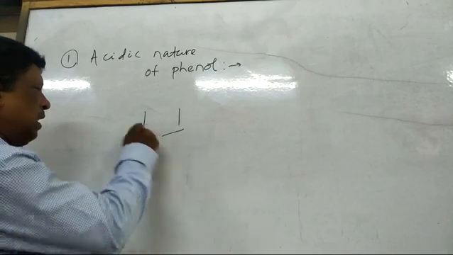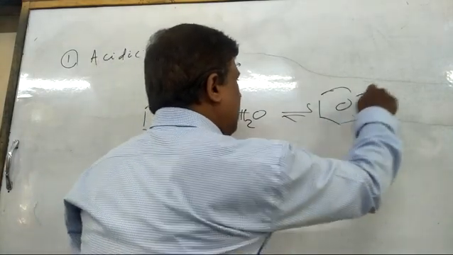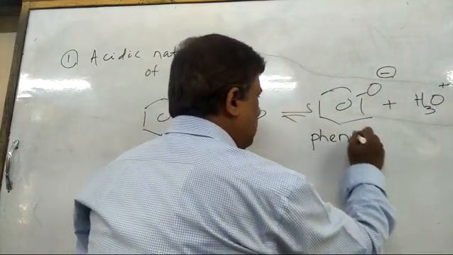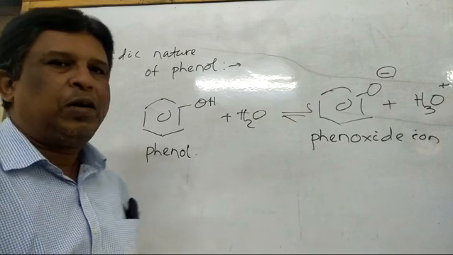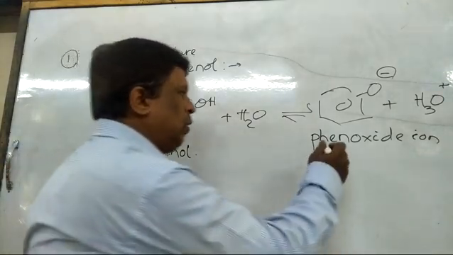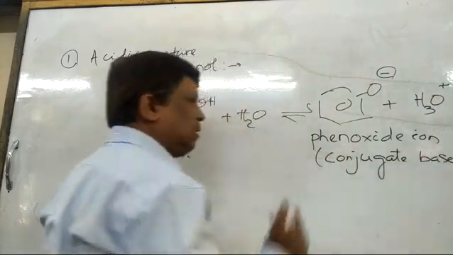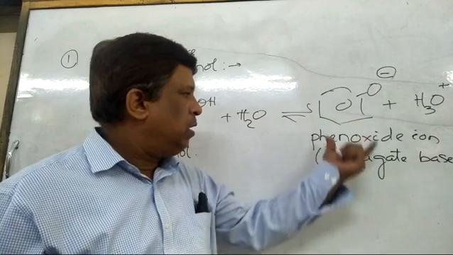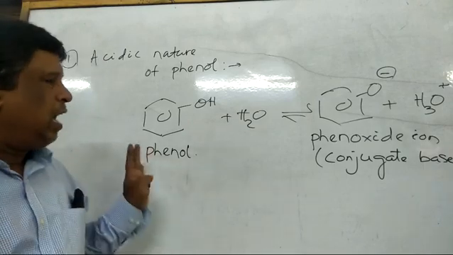Suppose we apply this theory: when phenol is dissolved in water, what is formed? It forms the phenoxide ion, which is known as phenoxide ion, plus phenol. So according to Bronsted-Lowry theory, when an acid donates a proton, what is left behind is known as the conjugate base. But according to resonance, everyone that donates a proton